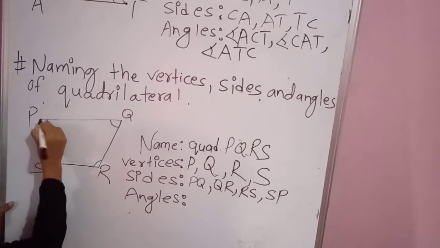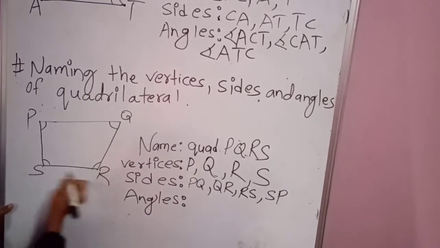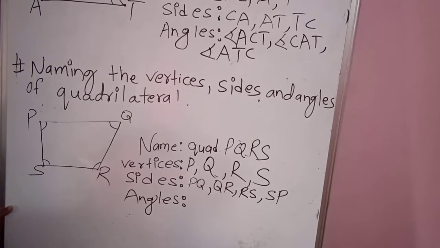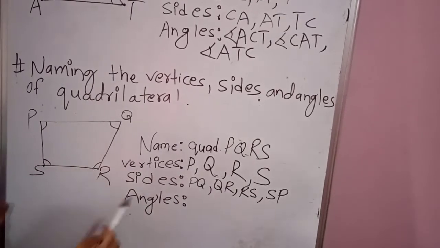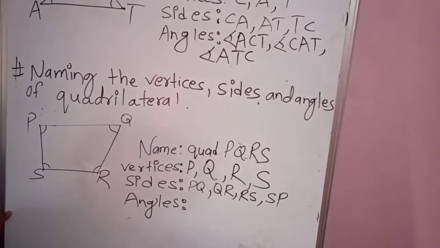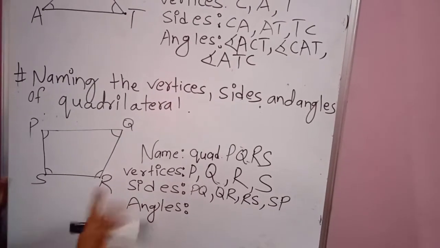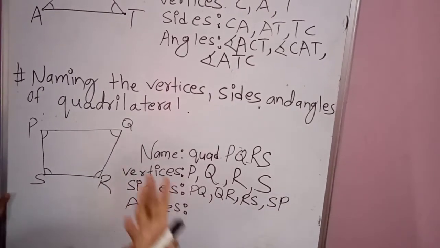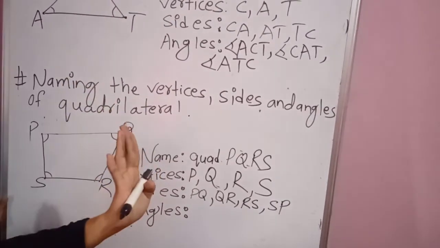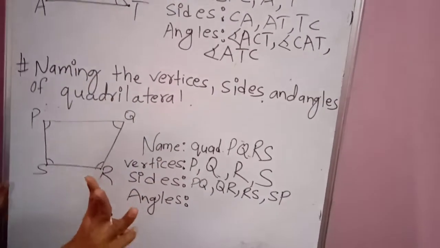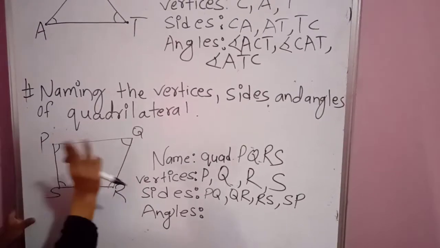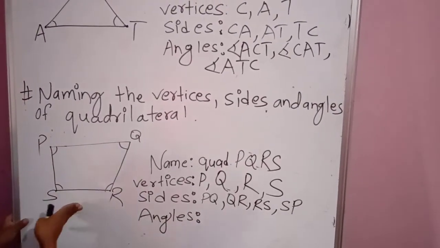So this one is a vertex. There is a vertex where the angle is formed. You can write the name also. But before this, I taught you how to name the angles by the four methods. So I am going to apply the third method to name the angles of a quadrilateral, because there will be